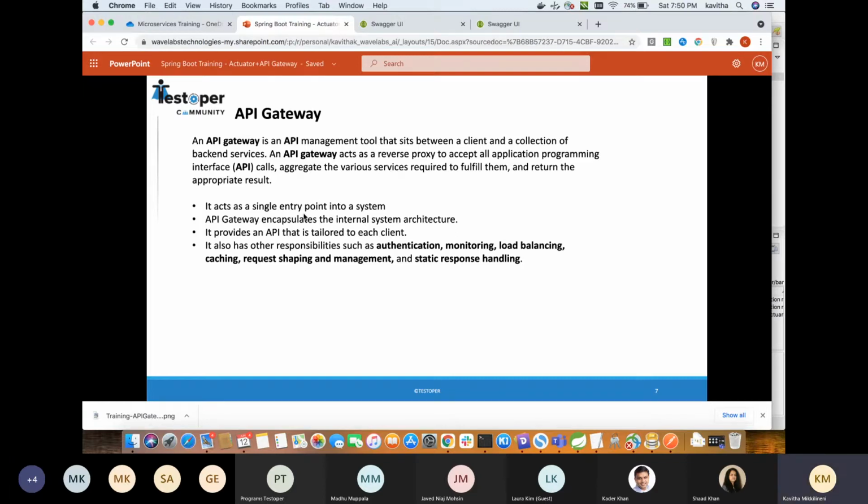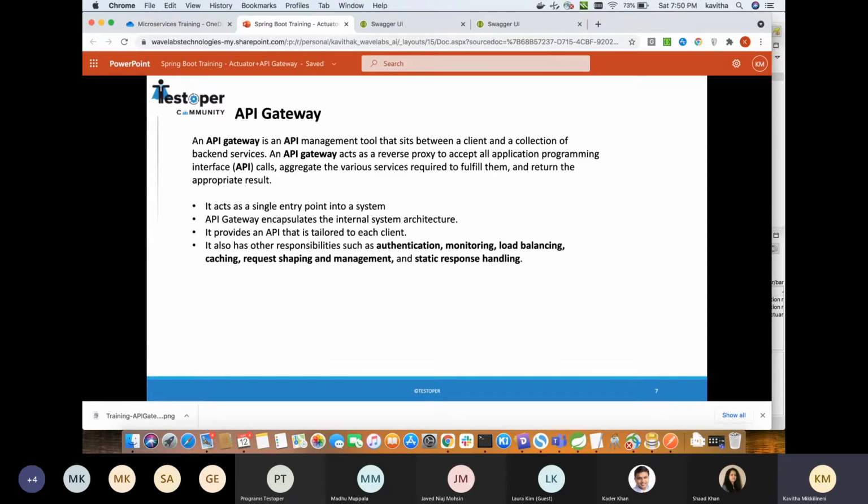It acts as a single entry point to a system, like the group of microservices which we write. It also encapsulates the internal system architecture, and it doesn't expose the ports or the APIs internally, how they have been configured and structured. Also, we have an option to tailor the API, the domain name, or how the API has to be shared with the client, right?